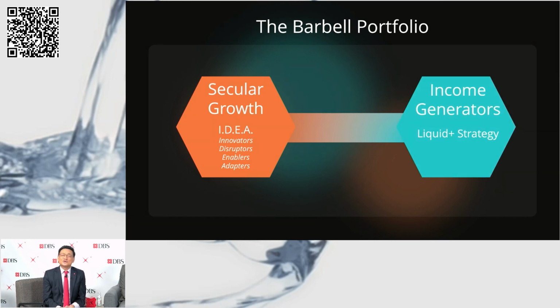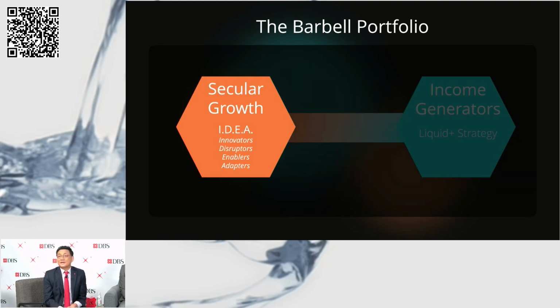So the best approach to constructing a positive yielding, at the same time resilient portfolio, is to have a balanced policy of bonds and equities. In DBS, we call this approach the barbell strategy. Anchored on growth and income, this strategy helps capture superior returns from long-term, irreversible growth trends on one end, while generating stable income on the other to mitigate short-term market volatility.